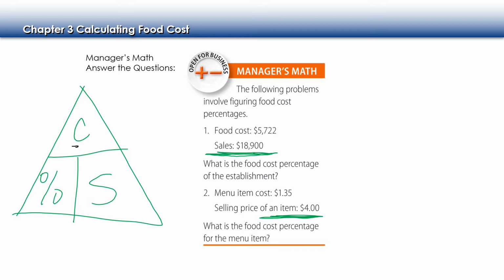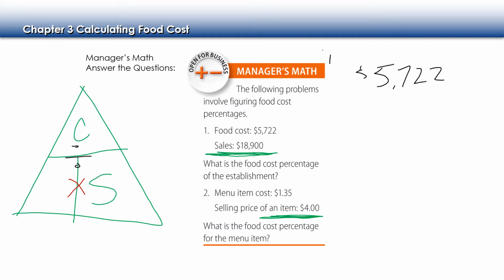The horizontal line represents division, and the vertical line represents multiplication. Okay, and so let's use this tool here to calculate our food cost percentage. So to remember, when we manipulate this tool, we're going to erase or cover up what number we are looking for. Okay, and so what's left is our food cost of